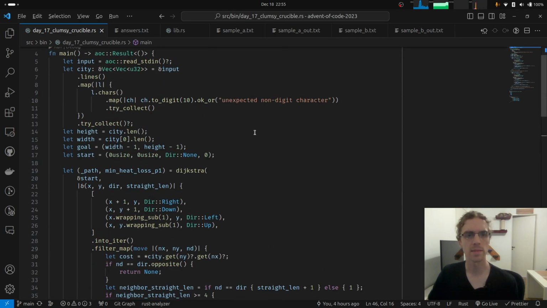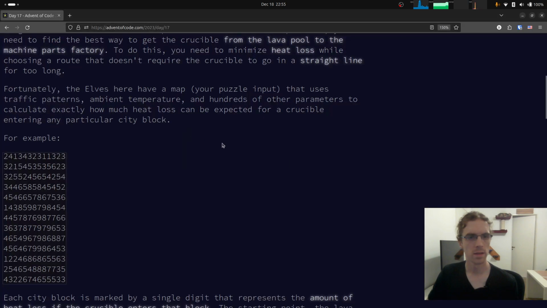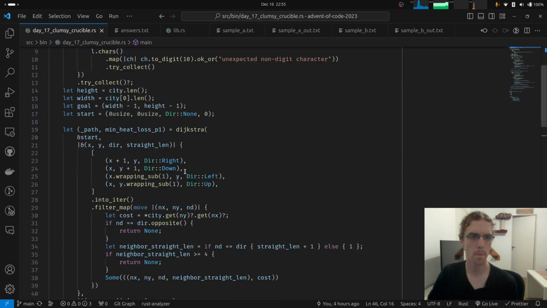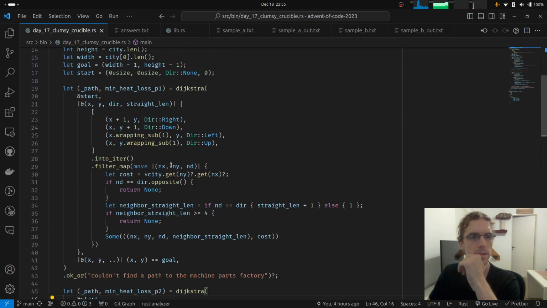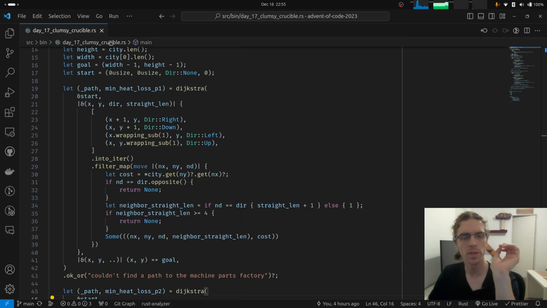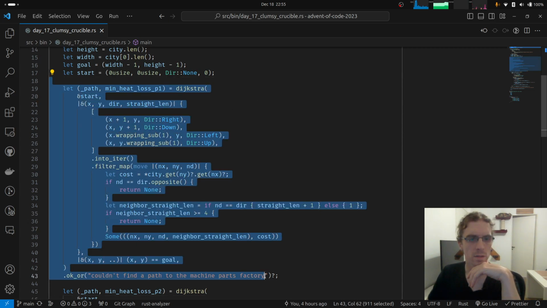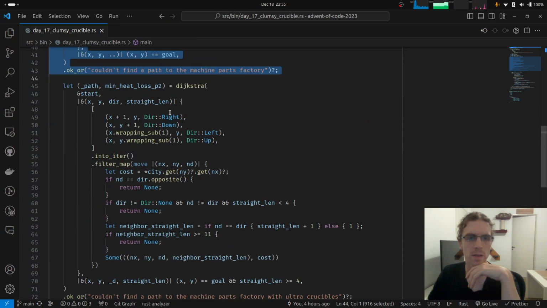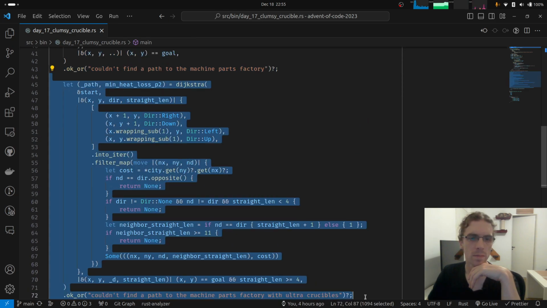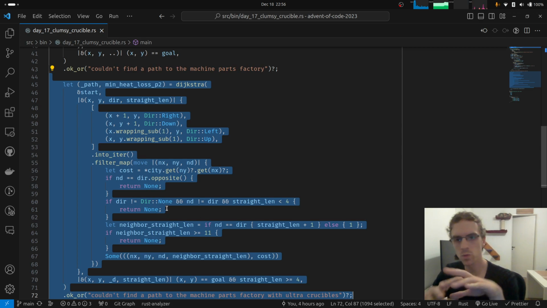So okay, let me at least do an overview of what we did, or maybe I'll just explain what I would like to revisit, and then as we go along, I can explain things if need be. So the first thing that really jumps to my mind is that I basically copy-pasted the part 1 solution into part 2, and I just tweaked the things that needed to change, and that's it.